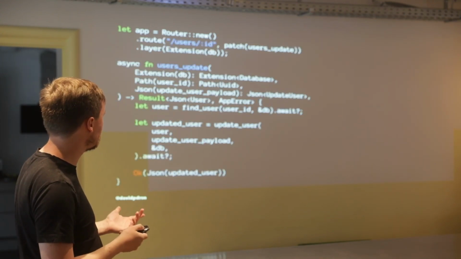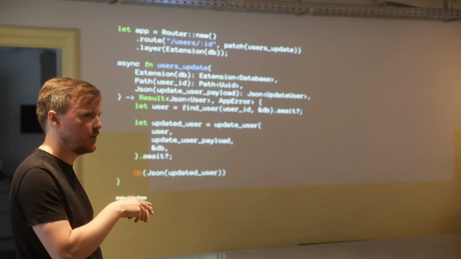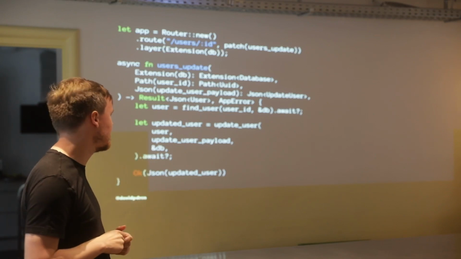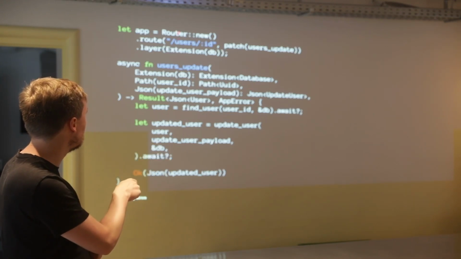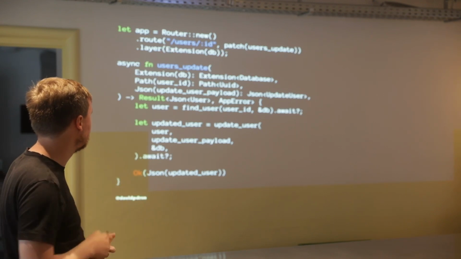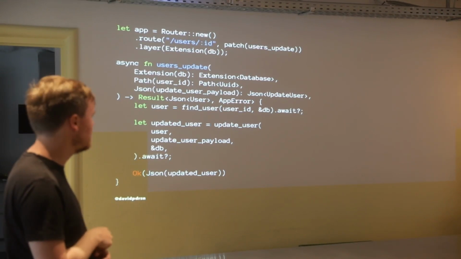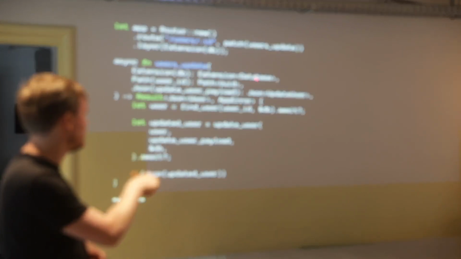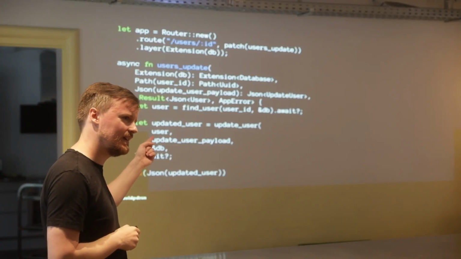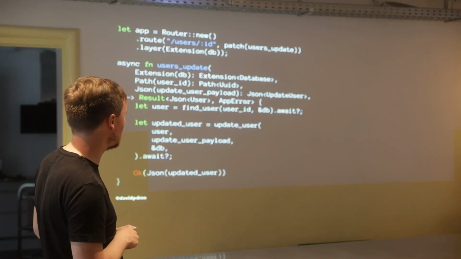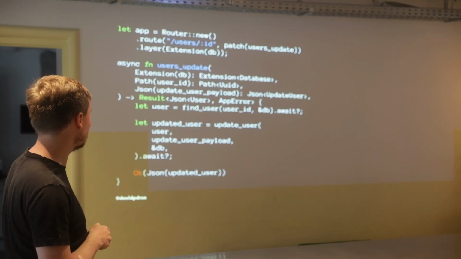Yeah. Here's another example. Extension. Like I mentioned before, extensions is just sort of a way to dependency inject arbitrary types effectively. So here we're injecting a database pool or whatever. You have to add that in via middleware. Unfortunately, there's no type-safe connection between these two. So Axum won't complain if you try to extract an extension that you didn't add a corresponding middleware for. If you can figure out how to fix that in a not super inconvenient way, then please make a pull request, because I don't know how to do it.